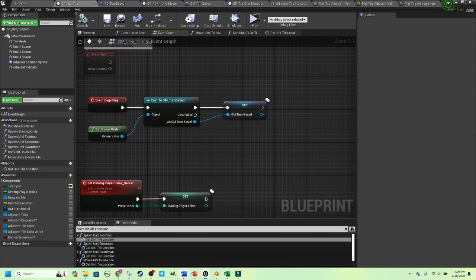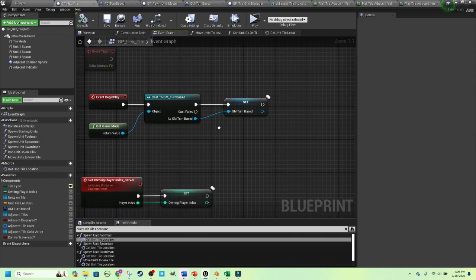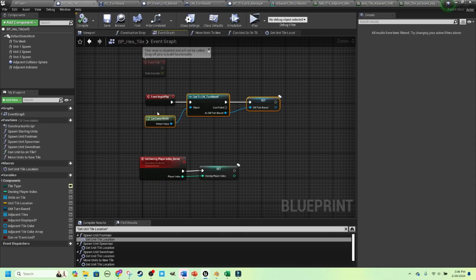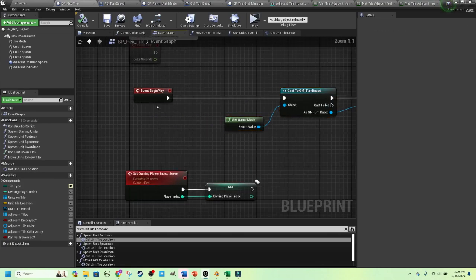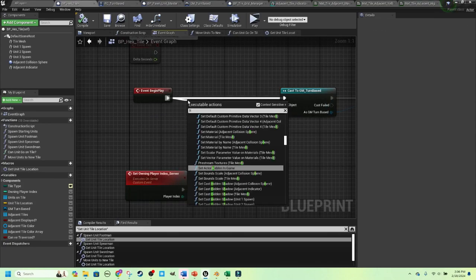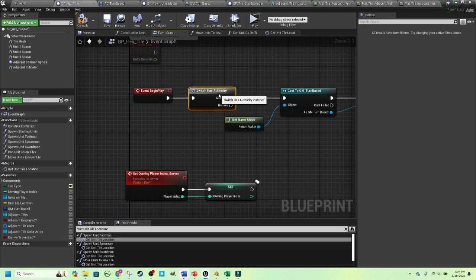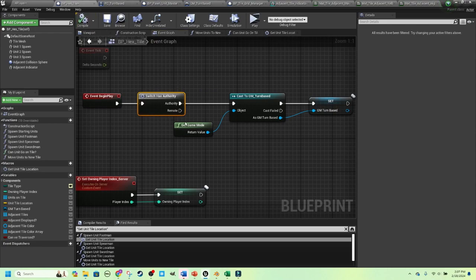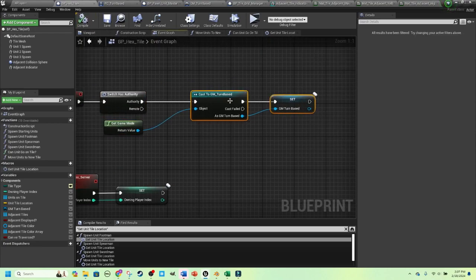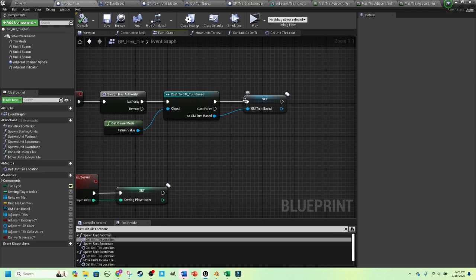Off of our begin play, I'm going to add in a couple things here. So I'm going to shift this over, and we'll do a switch has authority. So basically, if it has authority, it's running on the server. If it doesn't, it's running on the client. Only the server can interact with the game mode. So just do off the true